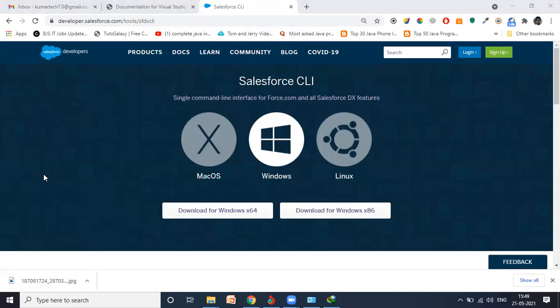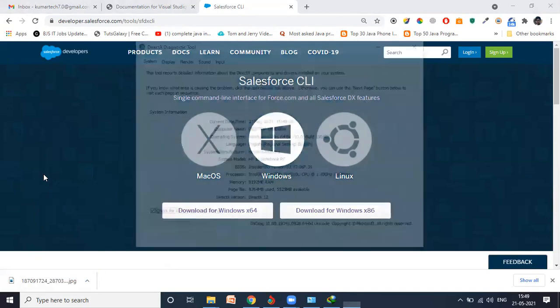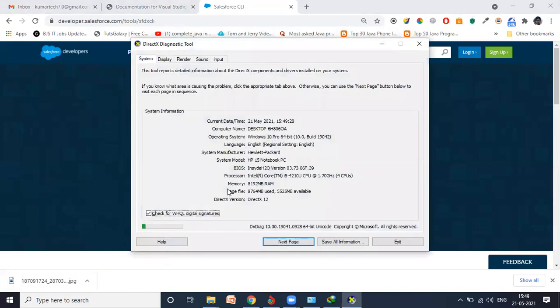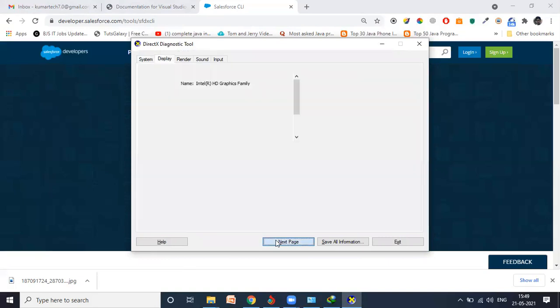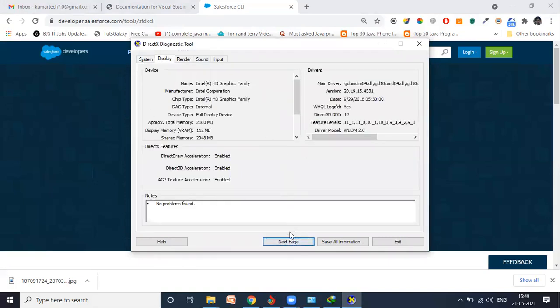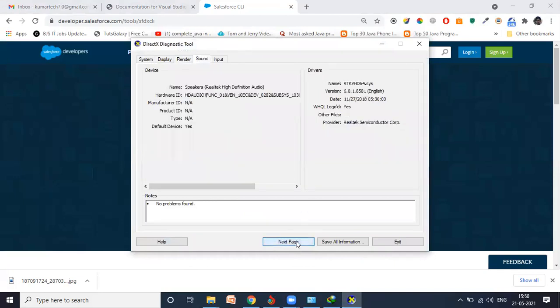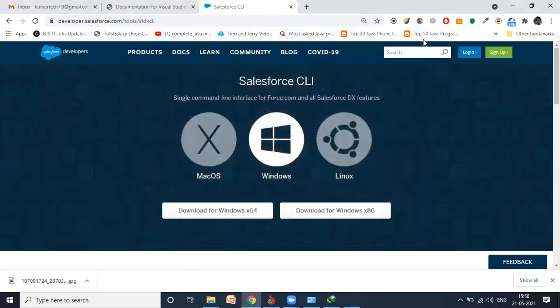Now screen will pop up in which every detail will be visible to you. Now you can see here, guys, my Windows 10 Pro 64-bit, right? In case if you have 32-bit, so it will show here whether it's 32-bit instead of 64. And RAM, every detail it will show here. Okay. For more information, click next page. So it will show display information. Next page. Fine. So now moving on.